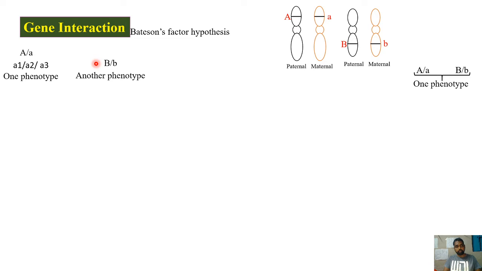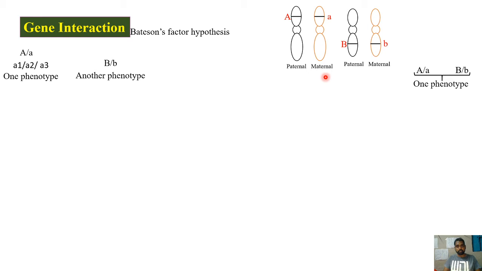In the case of multiple allelism also, if you just ignore this, here there are three different alleles A1, A2, A3, but all these three are responsible for the same phenotype only. So whether it is multiple allelism or only two alleles, the common thing is there is independence with respect to the phenotypic expression for a particular gene. This is what we can understand from this.